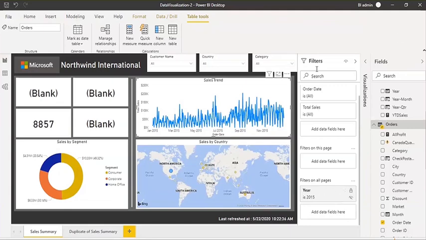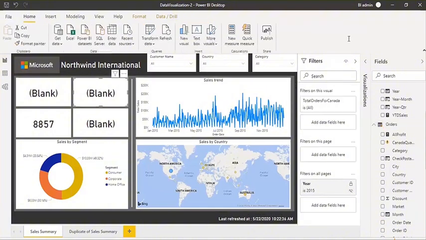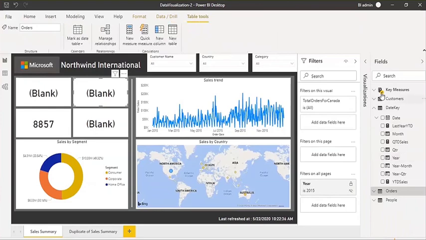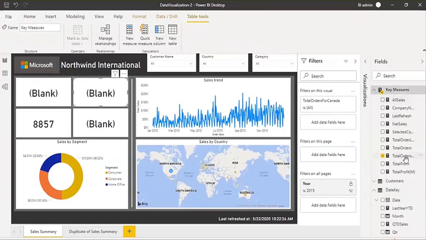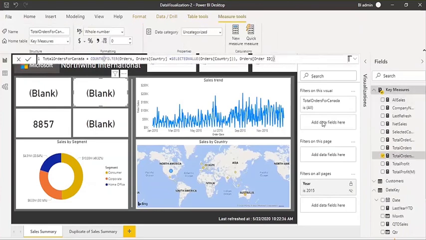I see one question here: can we show a custom message when there is no data instead of blank in a chart? Yes, you can customize. You mean like here, instead of this blank, you can change it. Generally what we do is replace the blank with a 0, right? If there is no data, then show that value as 0 instead of the blank, right? So what you can do, you just go to this measure. Which value is it? Total orders, right? So here it is showing this calculation.